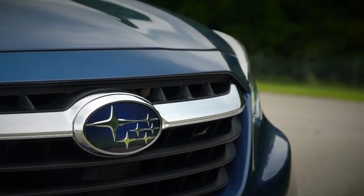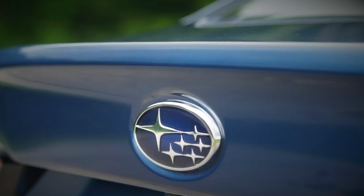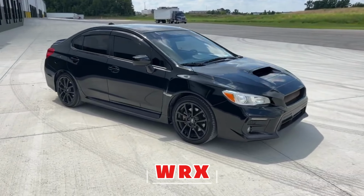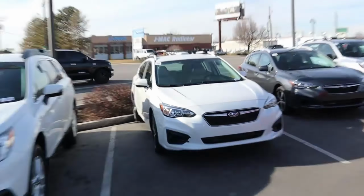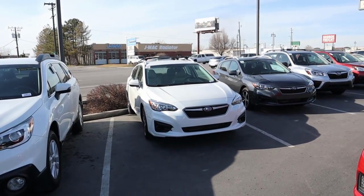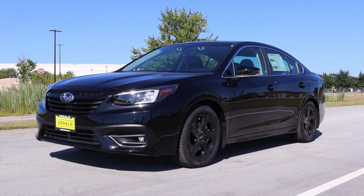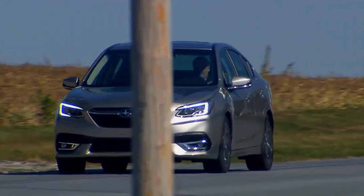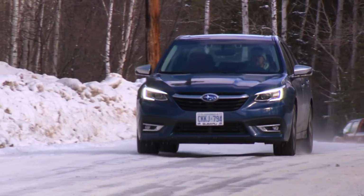Start with Subaru, because they've basically made standard all-wheel drive their brand shorthand. The Legacy, Impreza, and WRX are all built around Subaru's symmetrical all-wheel drive. You don't have to check options or hunt for a specific trim to get it. The Legacy is the comfortable, family-friendly pick. Roomy, safe, and rated for good fuel economy,